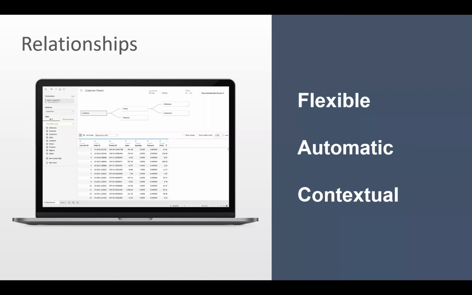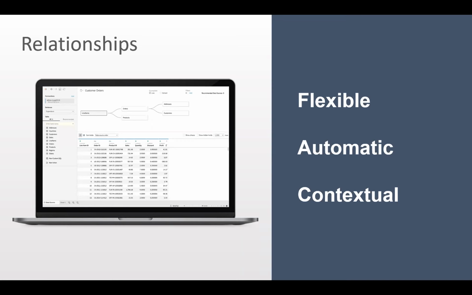Relationships are a flexible way to combine data from multiple tables. Users can define the matching fields between the tables, so you still have to do that. We'll figure out the join, but you still have to tell us what fields you need to connect on, unless it's obvious. Just like before, Tableau does its best guess as to what fields to match on.